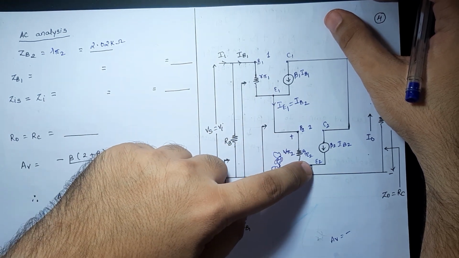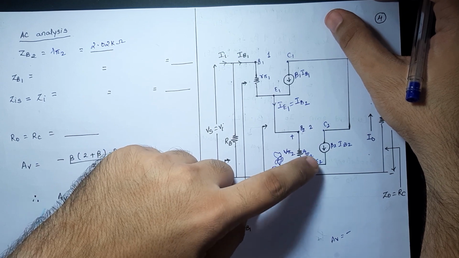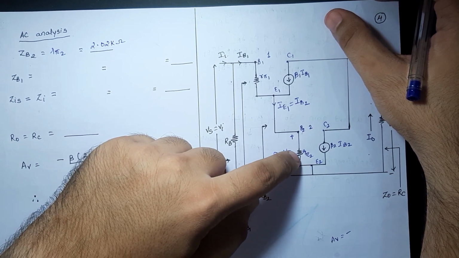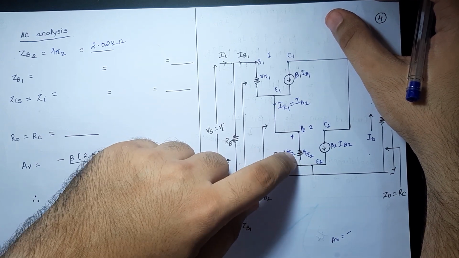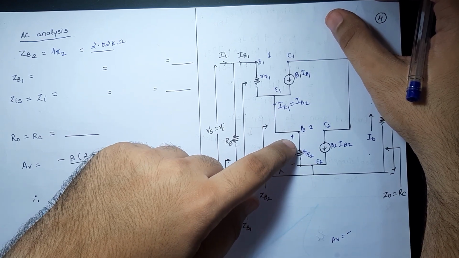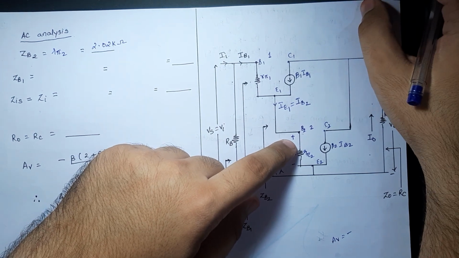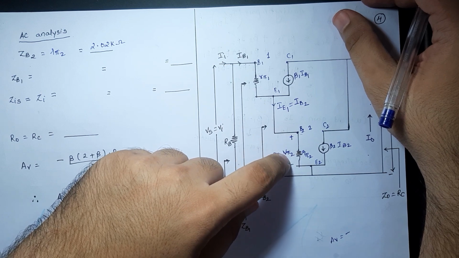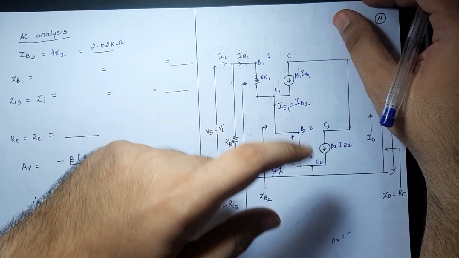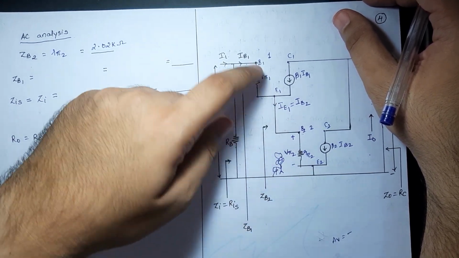I'll come down over here, I'll look at E2, after which there is ground, hence no point of going further, hence I'll come back to the journey. Now when I'm coming back, of course I need to pick up the resistance with me, but here there is a twist. Generally when I told yesterday that we have to shift the resistance from base to emitter, actually we are shifting the resistance from emitter to base.